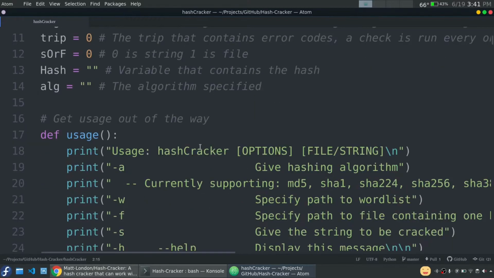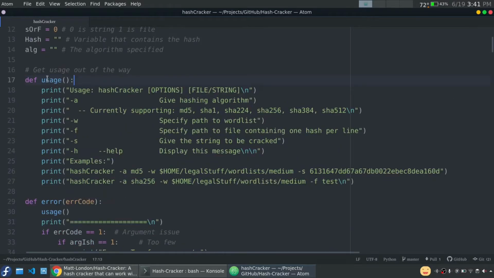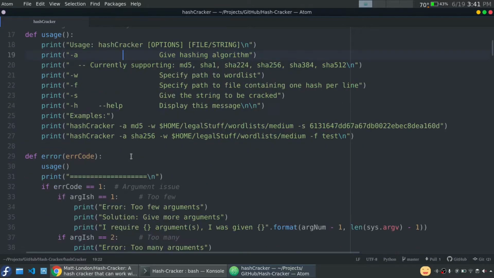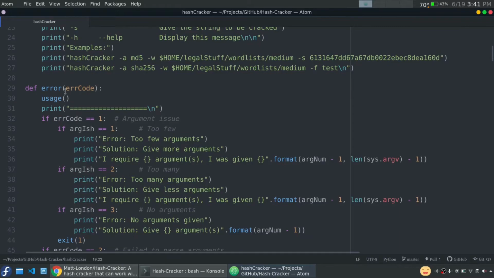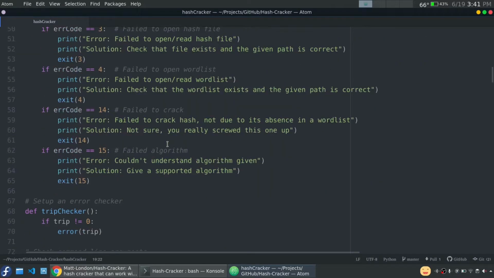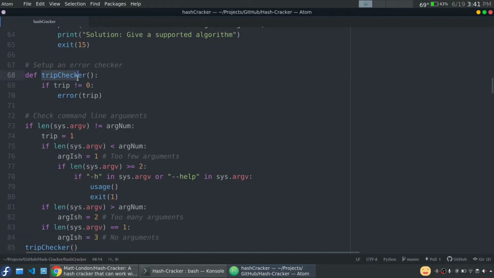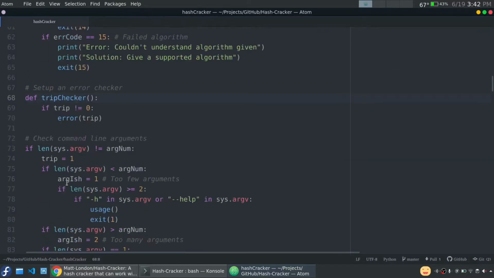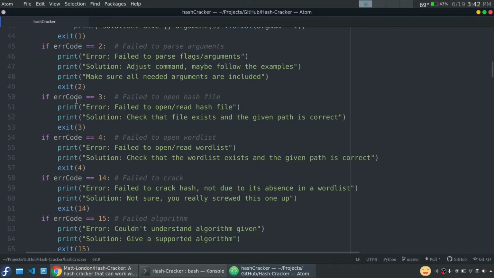These are some global variables I made. So here's what happens if you, this basically explains the usage. This is poorly structured, but this was 2 years ago, so I wasn't that great. This is the error processing program. You can pause at any point and look into this if you want. Basically, this allows me to run error, put in an error code, and then define all the different codes. So pretty long one. Trip checker is something pretty cool that I came up with. Basically, if there's any error throughout the program, like here, it would set trip to a specific number, and then at the end of it, you can run trip checker, and if trip is not equal to 0, it knows there's an error, so it runs the error with the trip,